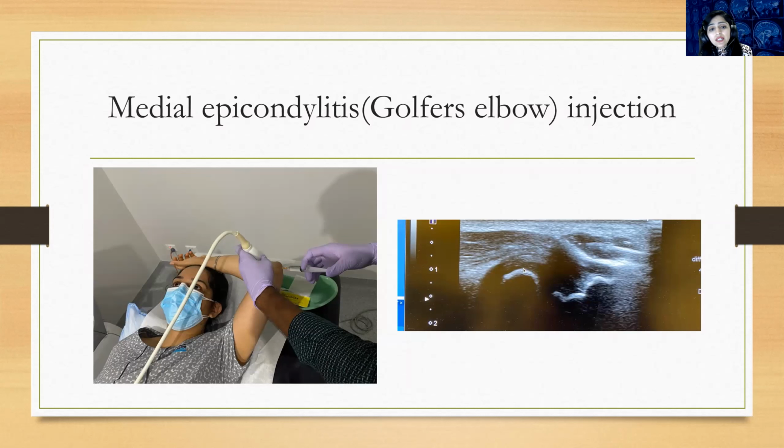So medial epicondylitis is the injection into the common flexor tendon. The common flexor tendon is attached to the medial epicondyle of the humerus. Medial is inner. So this position, I think, is the best position to inject for medial epicondylitis. Again you can see this is the common flexor tendon attaching to the medial humeral condyle, and this is the needle coming at the top of the tendon, and this is the fluid going in.